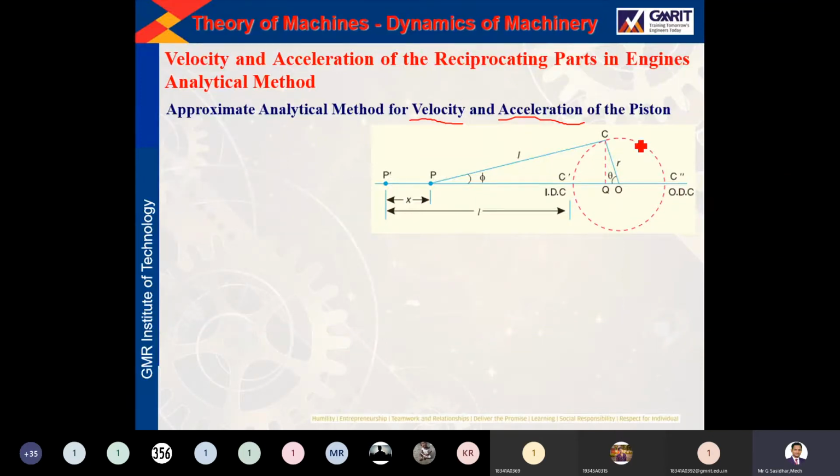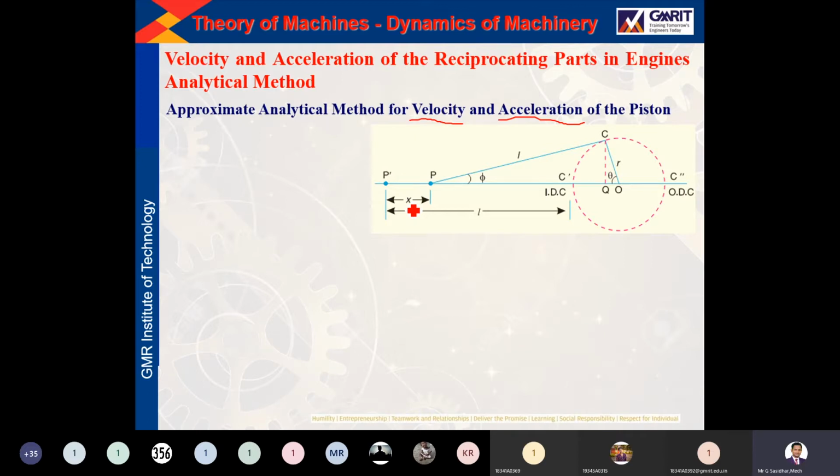This way. The crank pin makes an angle theta with that axis and has an angular velocity of omega. So the crank pin moves in circular motion like this. Then the piston moves outwards, inside the cylinder, to and fro like this. The change in position of the piston from P to P dash is taken as x. So now we can get the idea from mechanics of how we can solve the problem manually.